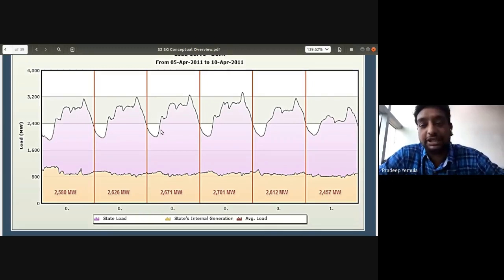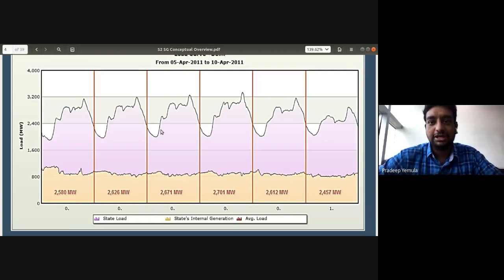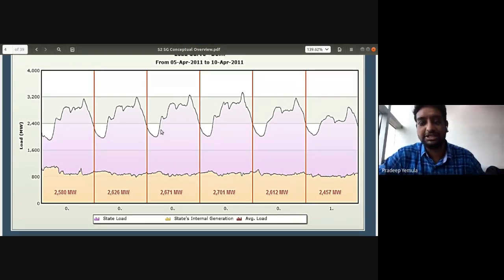Now, since we are in India, this whole thing is done by the Power System Operation Corporation of India. There is a company called POSOCO. This company also has a website, and if you go to the website, they show an India map. Right now, what is the consumption? What is the production? How much is each state generating, and how much is each state consuming? So they have live data available and they are trying to monitor that.